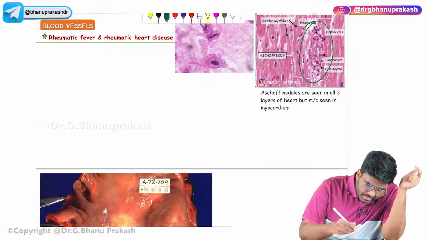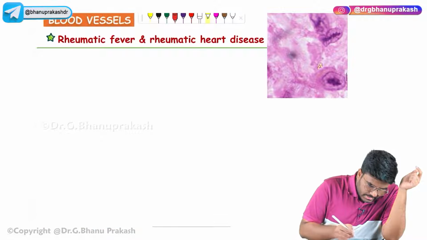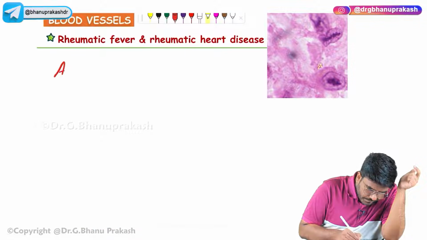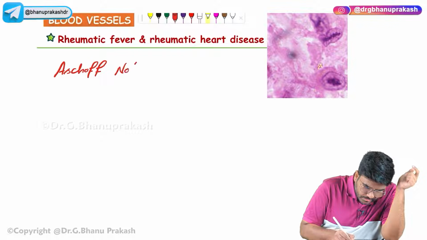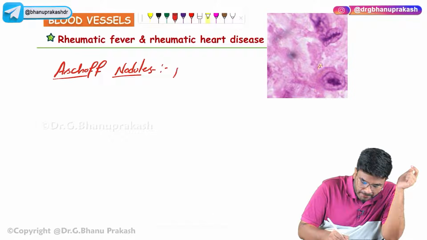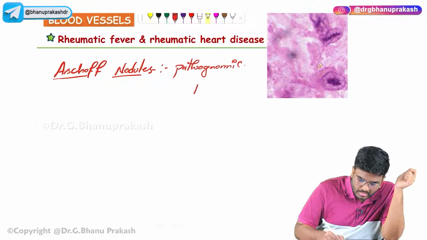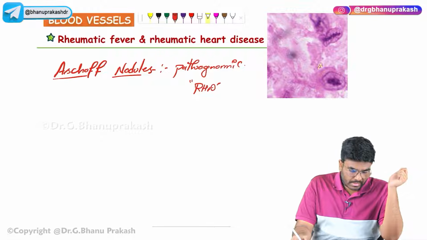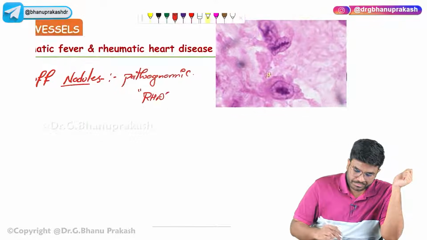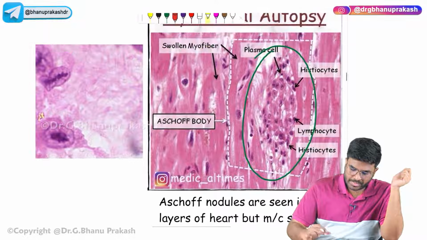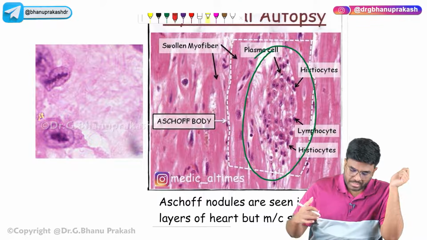Now what do you see in acute rheumatic heart disease is Aschoff nodules. See, these Aschoff nodules, they are the pathognomonic of rheumatic heart disease, acute rheumatic heart disease. Now, not only that, see here I am showing you this is the Aschoff nodule, the inflammatory area which is called